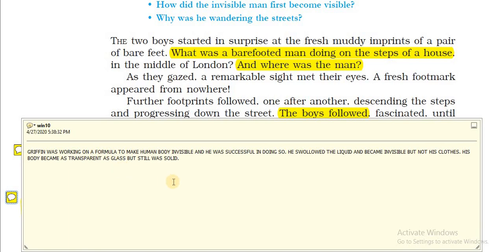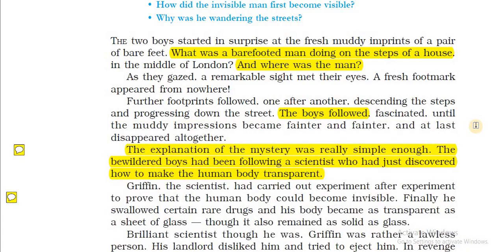Griffin was working on a formula to make the human body invisible, and he was successful in doing so. He swallowed the liquid and became invisible, but not his clothes. His body became as transparent as glass, but still was solid. That means after drinking the solution, his body became invisible, but he was still visible because he was wearing his clothes, and the clothes didn't become invisible. He became transparent but was still solid because